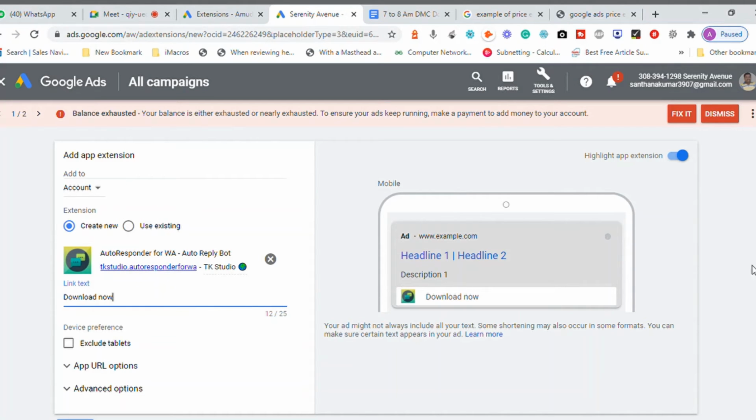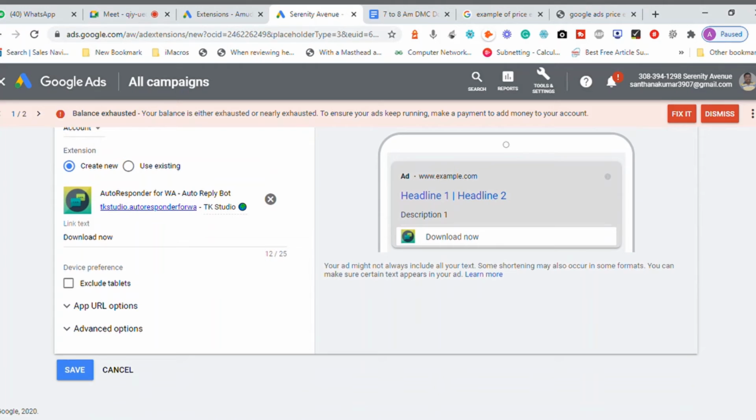This is one. And device preferences. Let me say you have developed your application, but that app is not supporting a tablet. What I'm trying to say is, there are applications which are developed for a particular operating system. Right now we are using Android 10 plus.